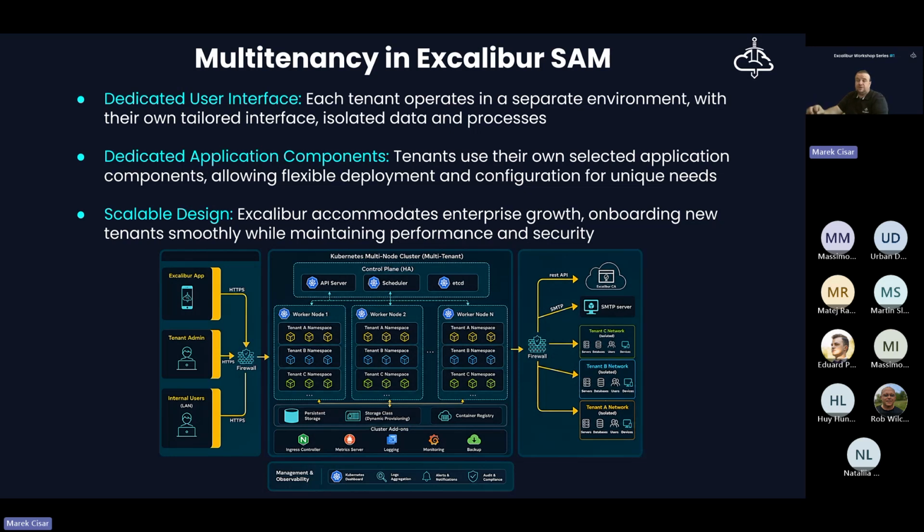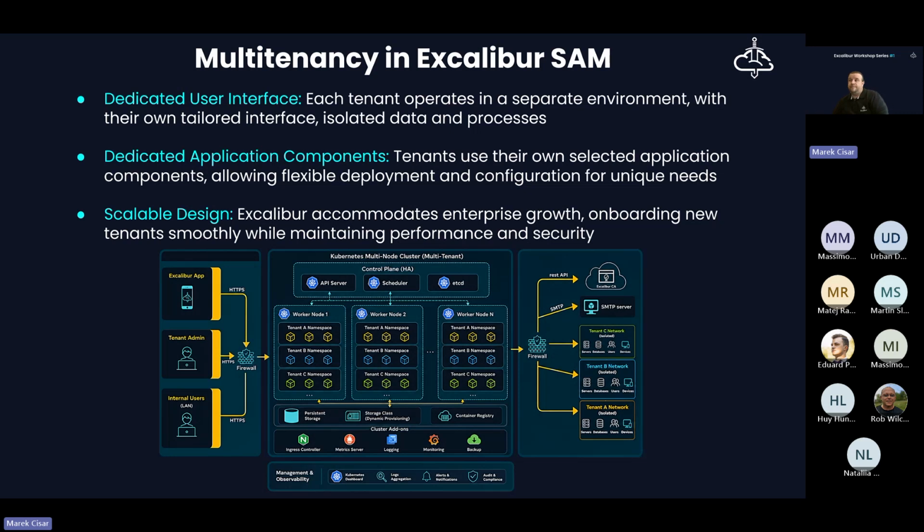In the past, in a different workshop, I was talking about a design feature that the PAM sessions are flowing through dedicated application components, and this is the second feature that Excalibur SAM provides to achieve multi-tenancy in the right way.